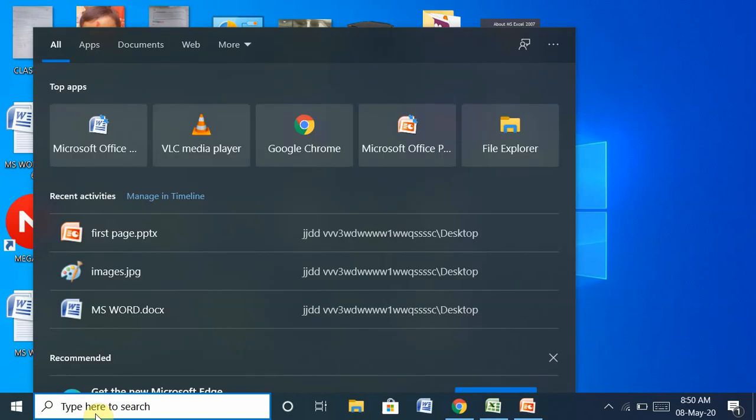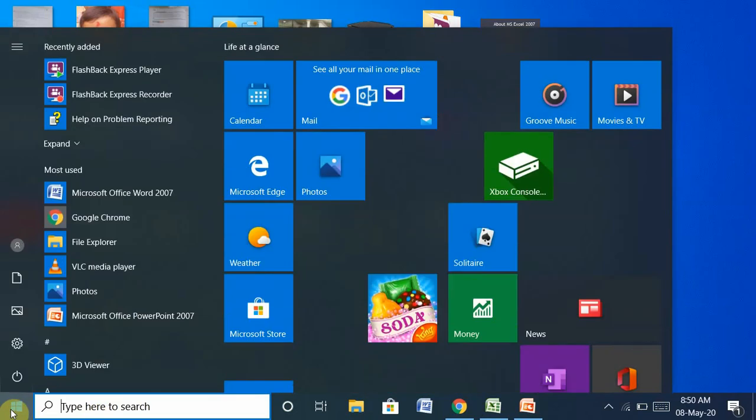Firstly, we tell about how to open the MS Excel worksheet. Click on the Start button. The steps are the same as you follow in Microsoft Office Word 2007.